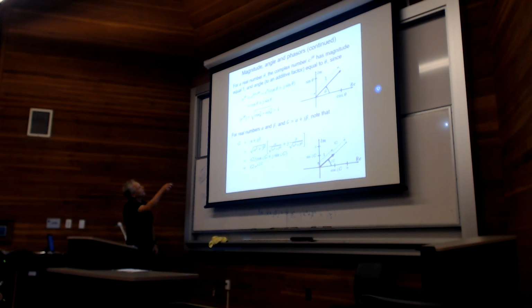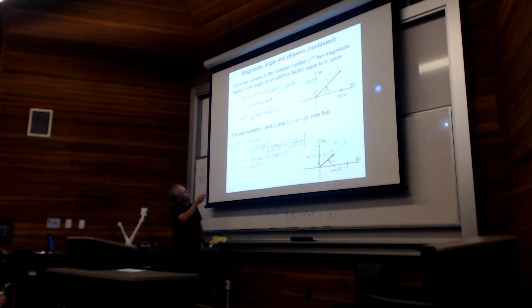Okay. I've kind of loaded the question by calling it theta, but e to the j anything is a complex number whose magnitude is 1 and whose angle is that real number, whatever I said. You can take a complex number